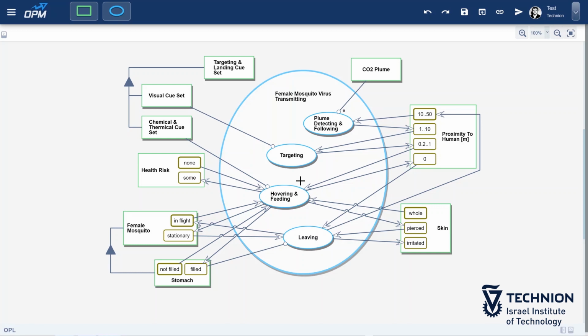Once the mosquito is less than a meter away, it detects certain chemicals present in sweat, as well as the thermal signature of the host, to identify the best location to land in order to easily extract blood. The biting of the mosquito is what actually causes the potential harm to health. If the mosquito is indeed carrying the malaria virus, then it is transmitted into the human host.